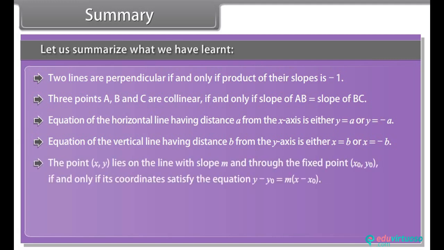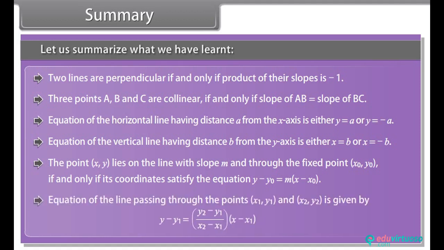The point (x, y) lies on the line with slope m, and through the fixed point (x0, y0), if and only if its coordinates satisfy the equation y − y0 = m(x − x0). Equation of the line passing through the points (x1, y1) and (x2, y2) is given by